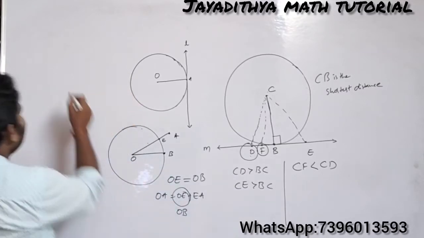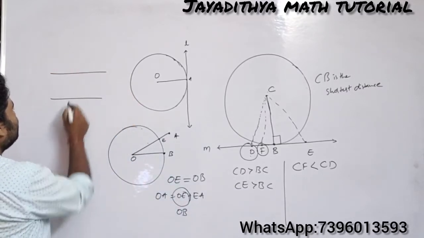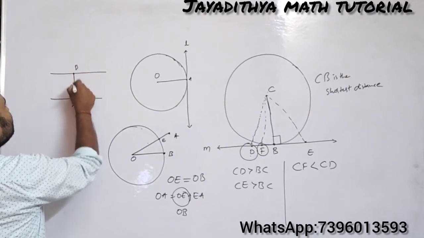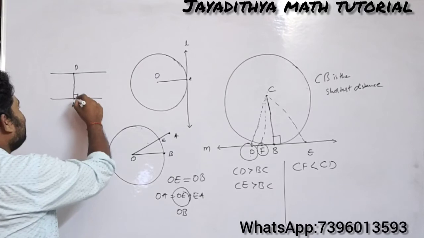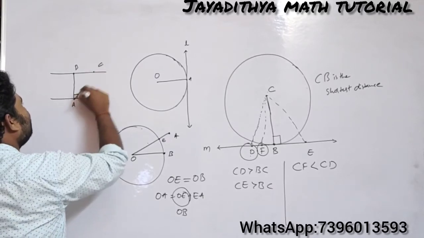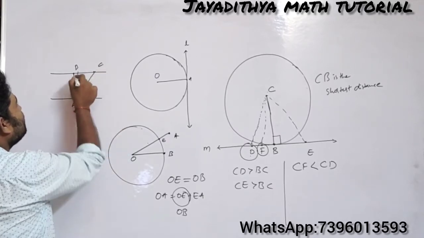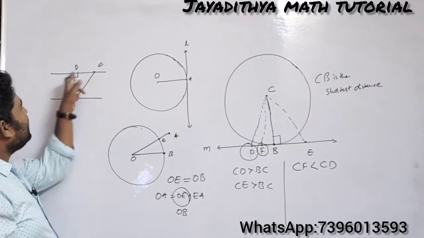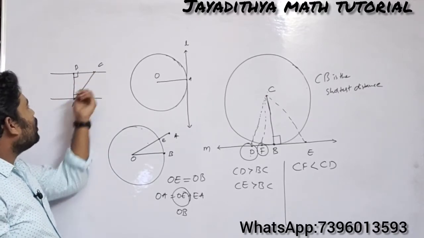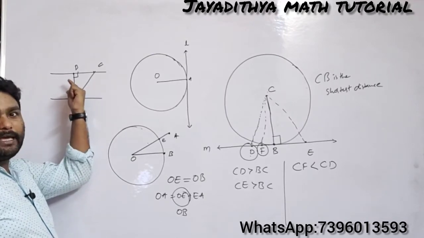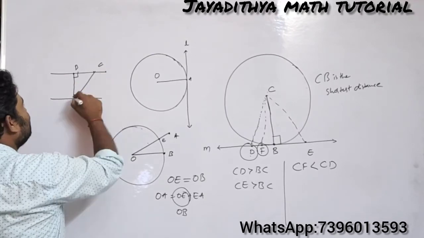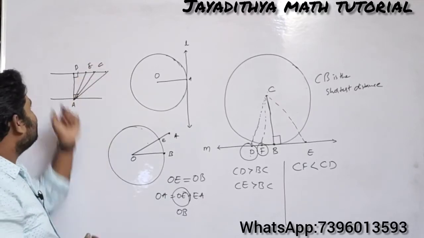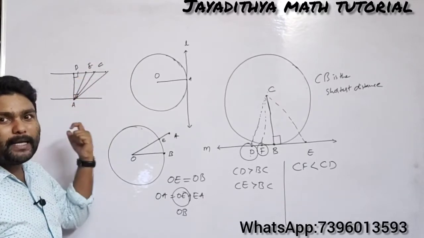To understand this one, let me draw two parallel lines. I am taking a point here as A and a point here as B. So this will be the perpendicular distance. If I take a point C here and draw like this, this is perpendicular, and this will be the hypotenuse of triangle ABC. Obviously AC will be greater than AB. If I take a point further along, it will be much greater. So always the shortest distance will be the perpendicular distance.